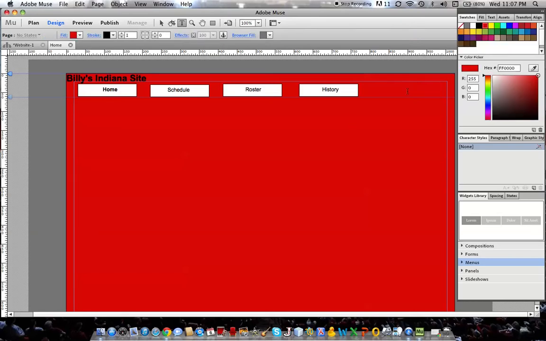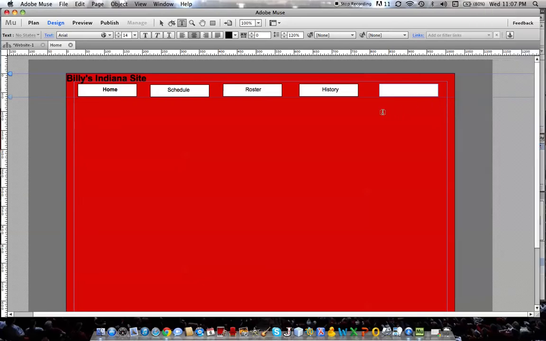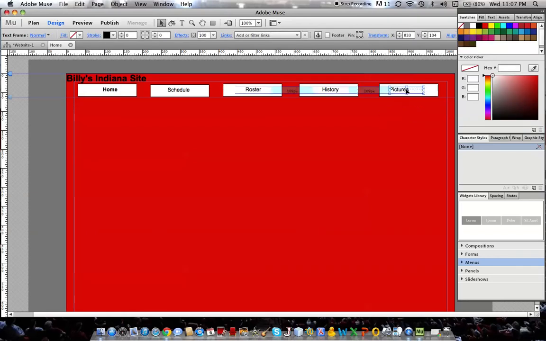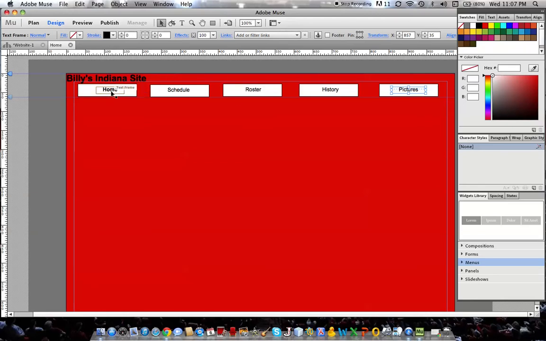It's not really, oops. We don't want that text there. We want pictures, and we'll drag this and bring it back up here. And we're going to center that text. We'll go back to the select tool and move that around a little bit. Okay, so now that we've got that,